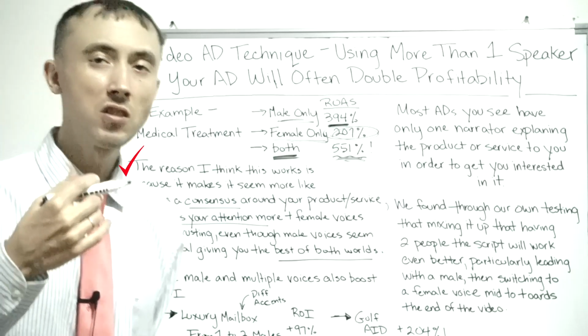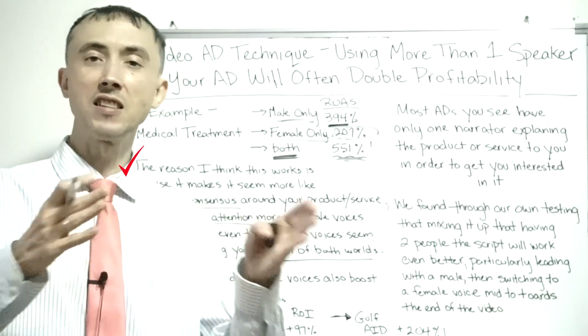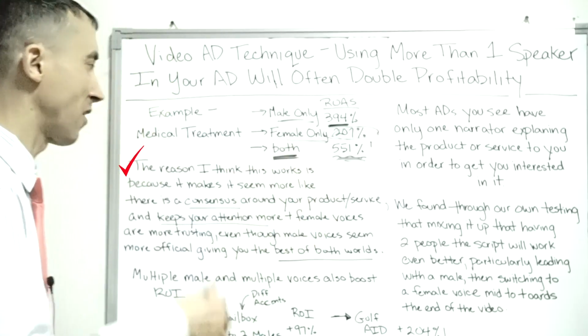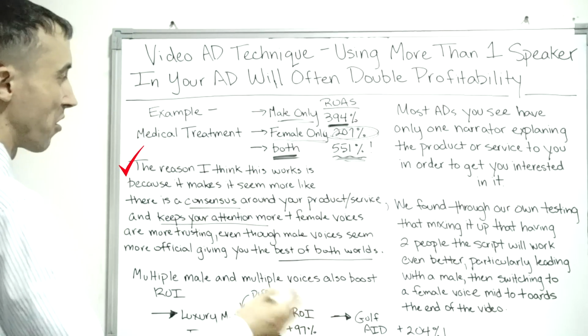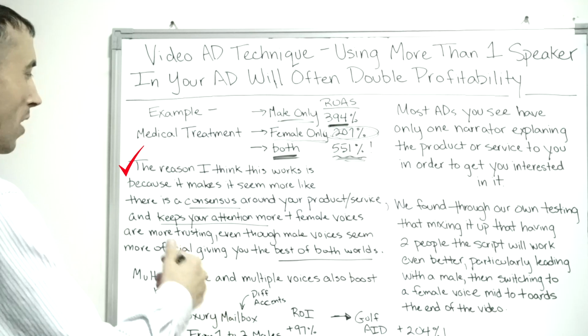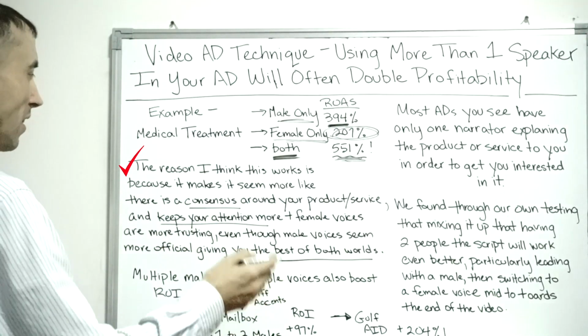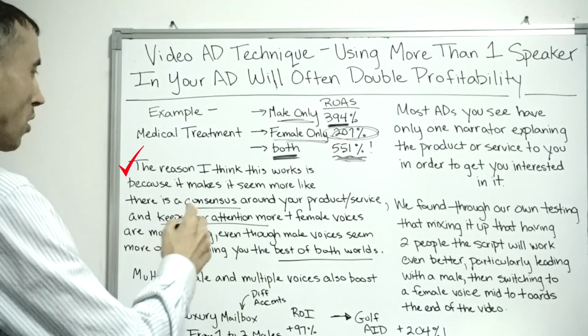Hearing somebody say what you're saying, even though they're not saying the same thing, but multiple people saying it, it seems like you're getting that consensus effect. Or, as per what I'm concluding, that's the psychological reason why this actually increases your results. The other reasons why, by the way, I think this increases your ROAS when you have more than one person